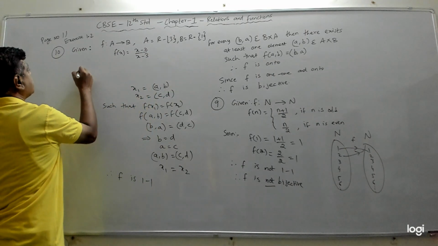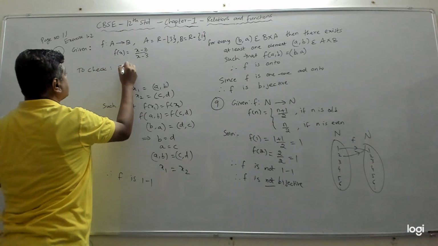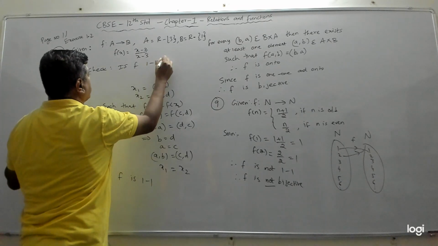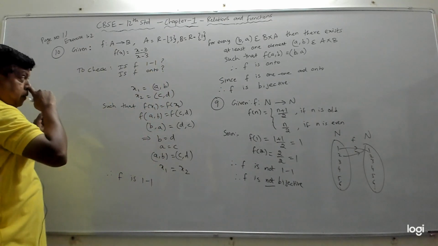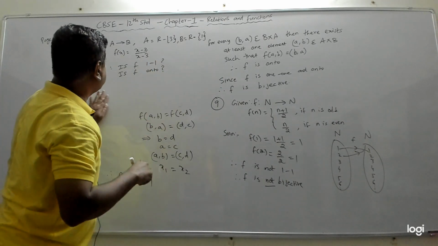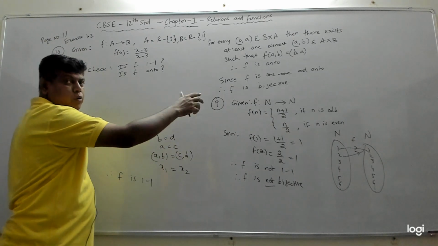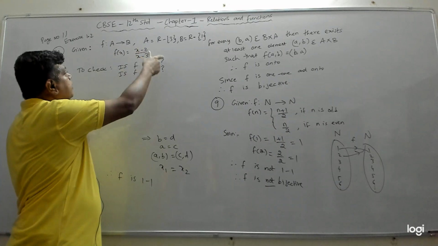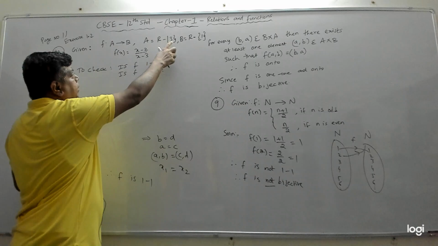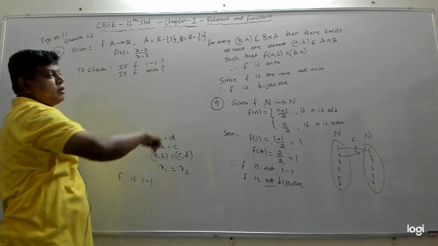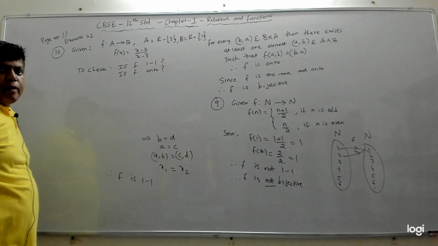So that is to check: is f 1 to 1, is f on to. So these two we have to check, right? To check 1 to 1, what do we do? Here you can try to draw the arrow diagram and try to see where 1 goes and where 2 goes, and all that. You can take any element from A. Your A is R minus 3, which means all real numbers except 3. So obviously at the point 3 this function is not defined, so they are excluding 3, right?